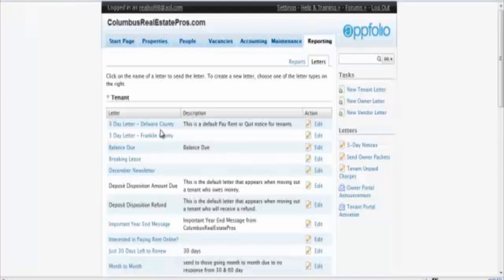We have two different letters for Columbus, Ohio, because there are two main counties, Delaware County and Franklin County. You can create as many counties as is necessary in your area. So to create the 3-day letter and prepare those for your renter, simply all you'll do is click on the edit button,